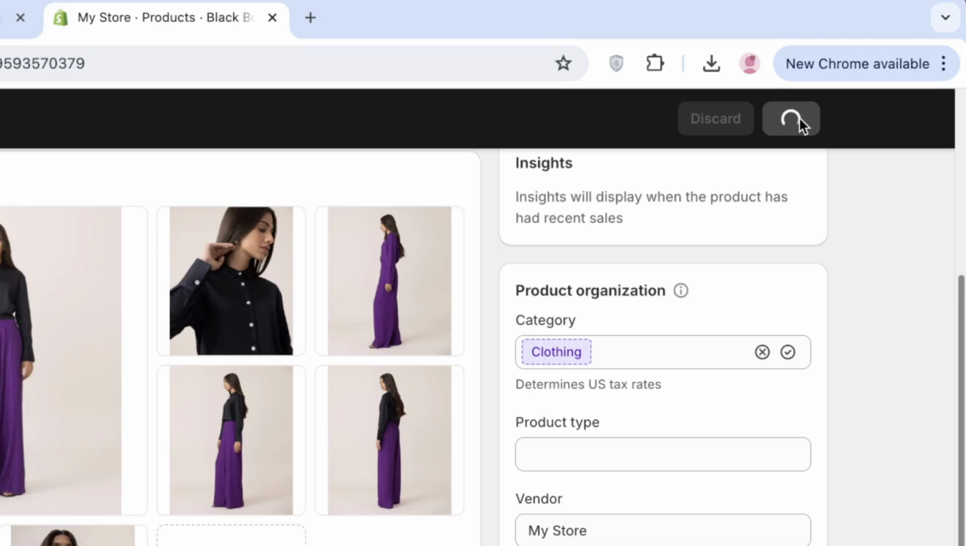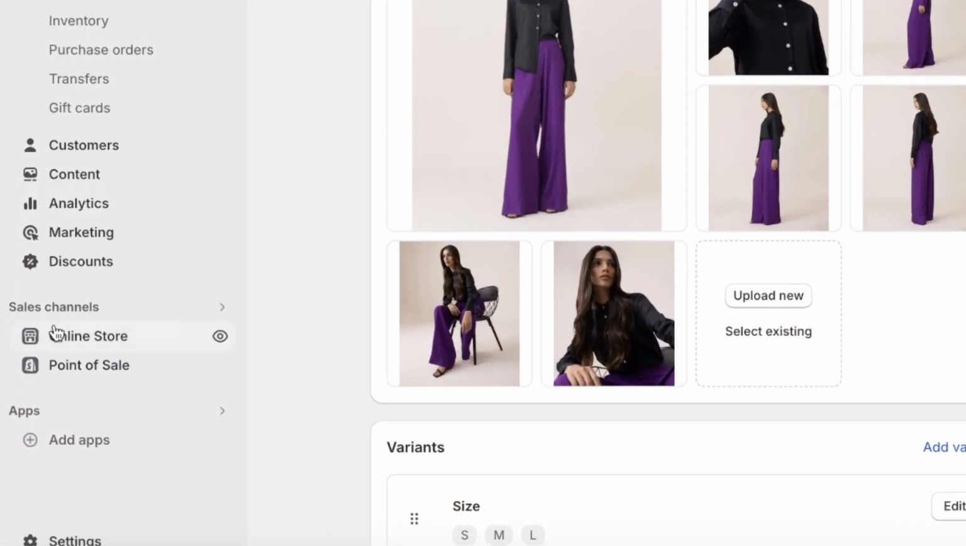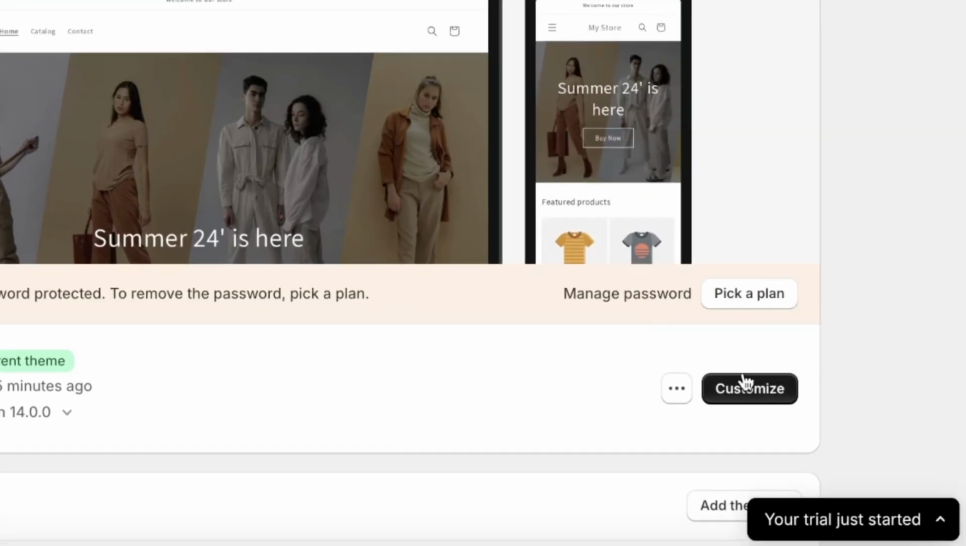Then click on Save on the top right, and just like that, your product has now been inserted into your product collection. Now that we have created products and created collections, it's time to make some more customizations to our store. For this, we're going to go back into online stores and then go into themes and then go into